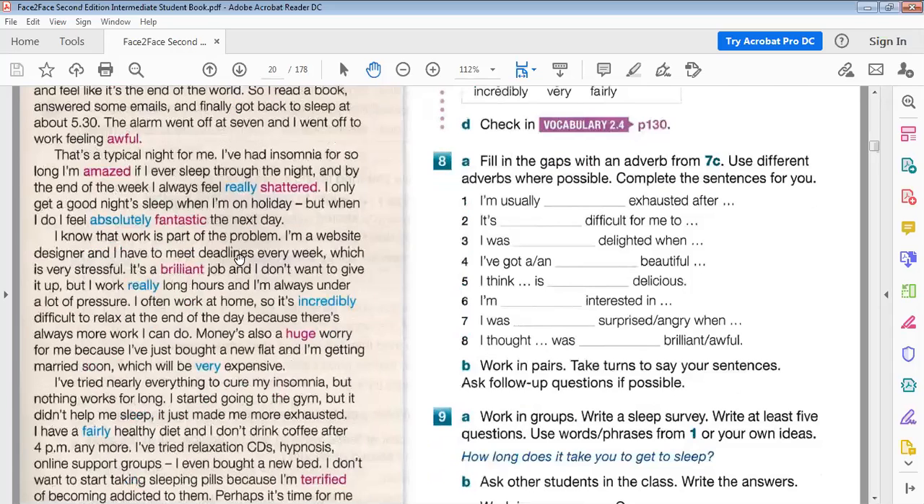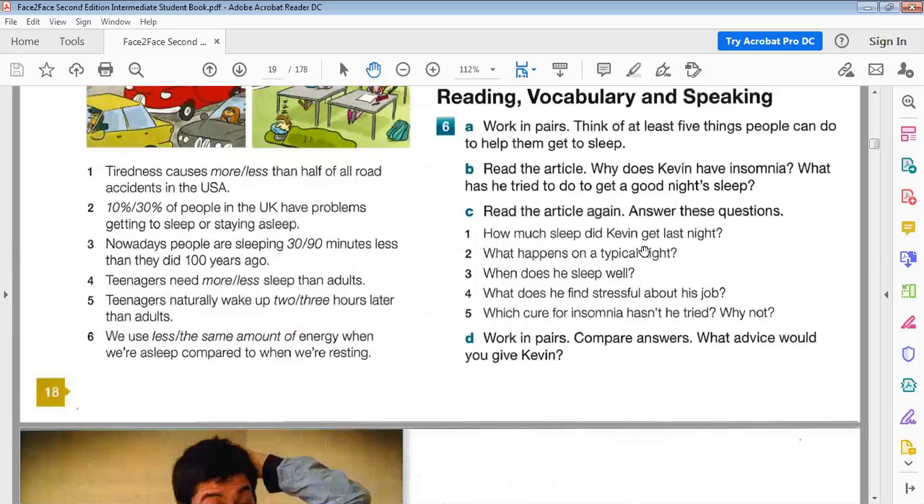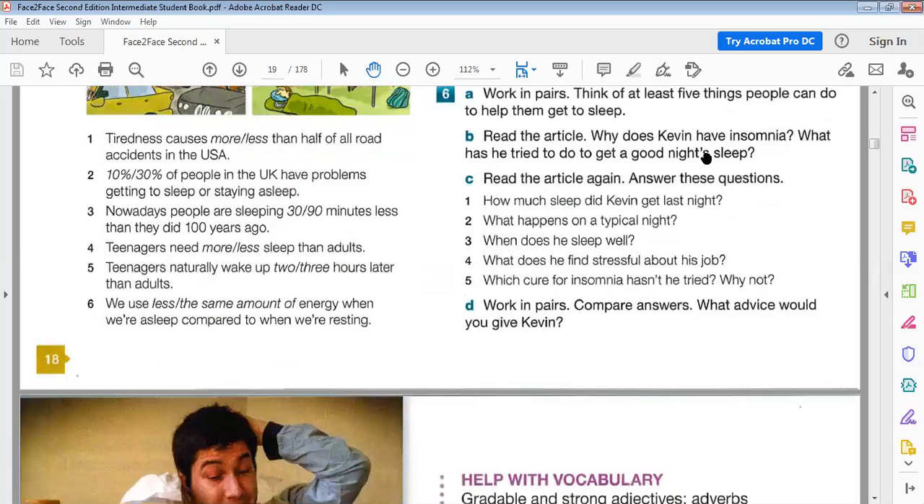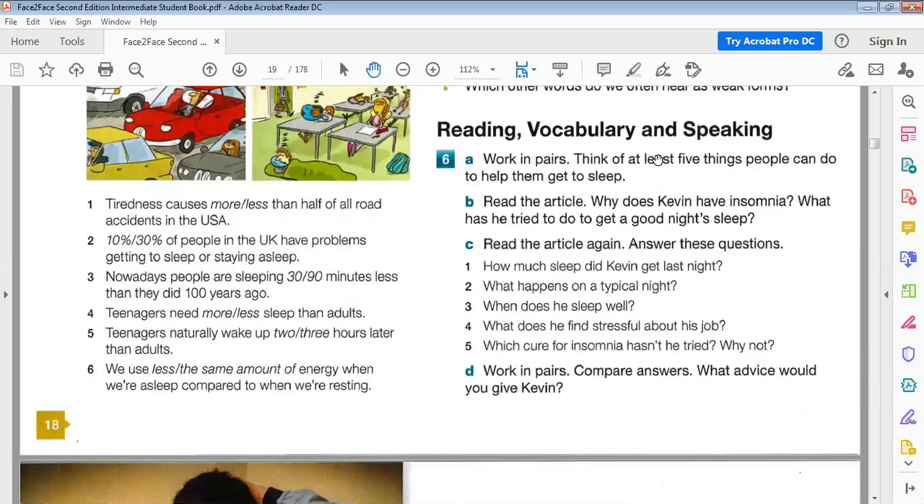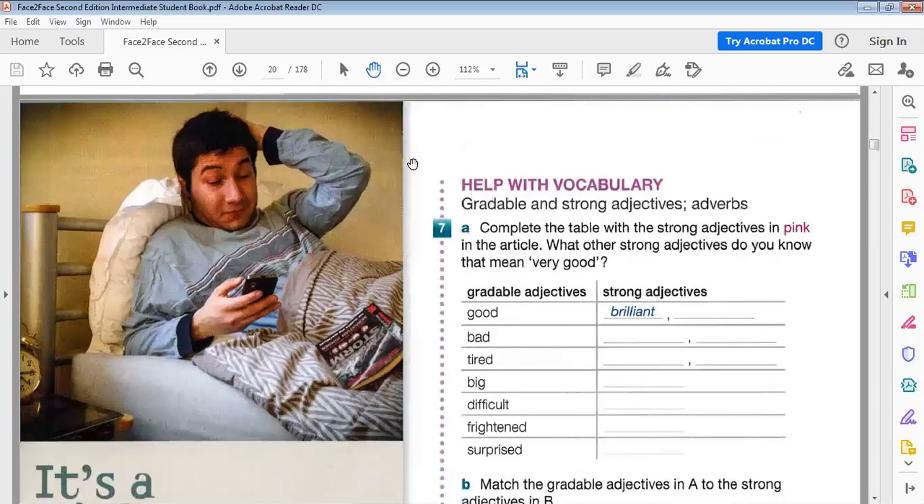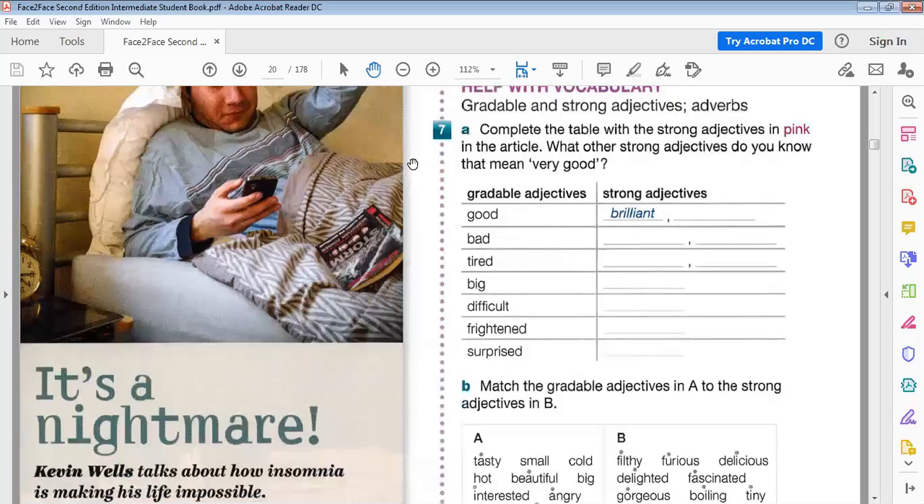Okay, so why does he have insomnia? Let's go back to the question. So the question said, what has he tried to do to get a good night's sleep? Before we answer this, why do you think he has insomnia? For me, I know the reason already. Because